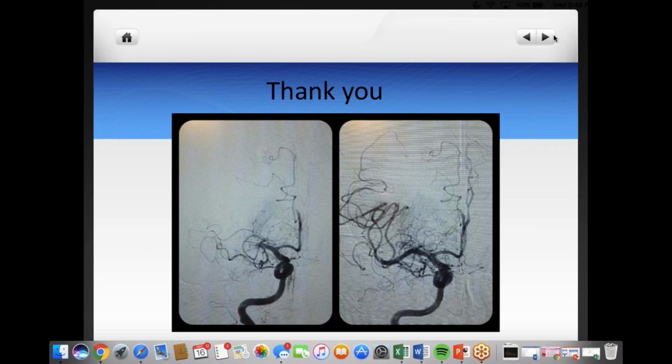So typically, in the case of CT, the most reasonable thing to make the differentiation would be, first of all, there's no mass effect with the contrast. There is typically mass effect with blood, and then you can always do a follow-up 6 to 8 hours later and you'll realize that that contrast staining is gone on the CT. SWI, for the most part, I think you shouldn't see much staining. You may see a little bit of blooming, but definitely not as much as you will see with a true bleed. So that's the bottom line.